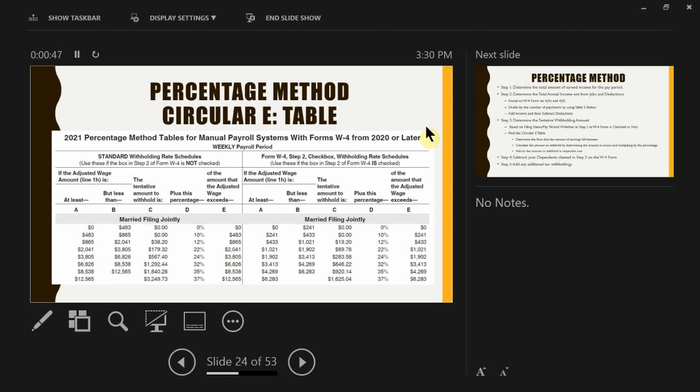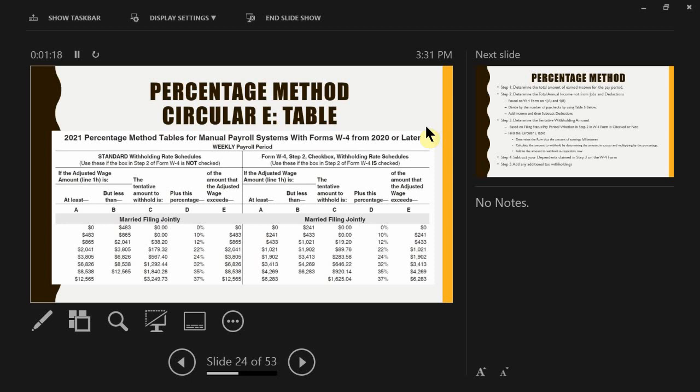If you have 20 employees, how long do you think it's going to take you to manually calculate their tax withholdings? Okay, it's going to take you a long time. And that's why it's just so much easier to go through an automated system. It could be software that can calculate it for you. So we're going to take a look at QuickBooks, at how easy it is to just be able to